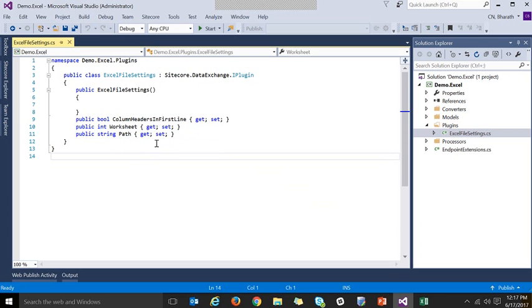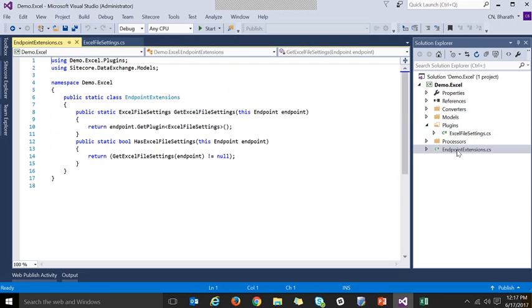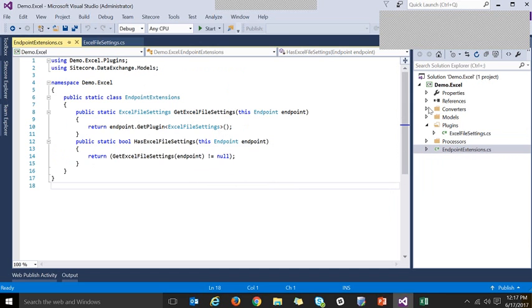Right now here I have given my plugin over here, and to make sure that this plugin can be accessed more easily, I have written an extension. This extension file is just to make sure that the plugin can be accessed easily. It checks if the endpoint has the plugin and returns it to the endpoint. So next step,